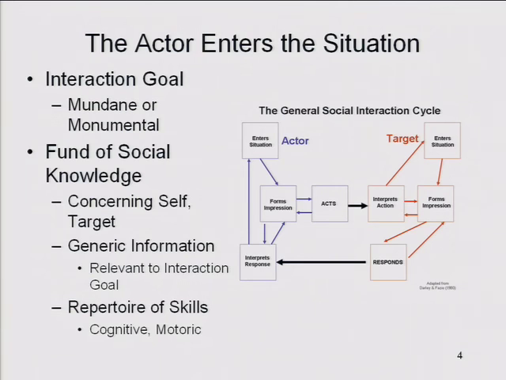So that's at one level, concerning the self and the target, and then the actor has to have a bunch of other information about the world at large. So, for example, what's going on? Is there a good concert up at the Greek? Is there a good movie downtown on Shattuck? Is there some kind of event that they can go to? Are there any parties going on that weekend? So there's this generic information that's immediately relevant to the goal of the interaction, and then she's got to have